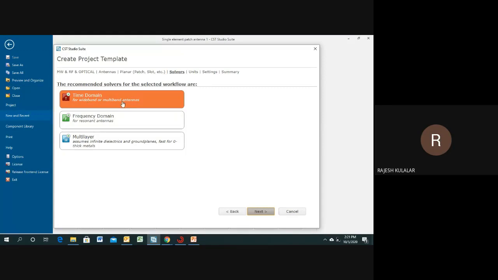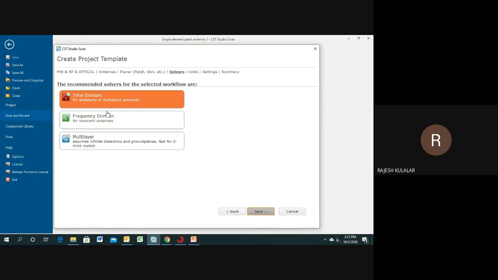Because in the time domain, the mode is calculated at a single frequency, and according to that frequency, all of the frequencies are calculated from that single frequency. But in the frequency domain, the mode is calculated at each frequency. Suppose you want to design for 1 to 5 gigahertz.